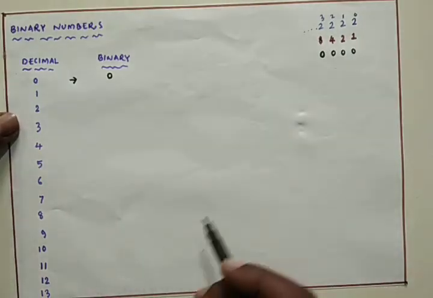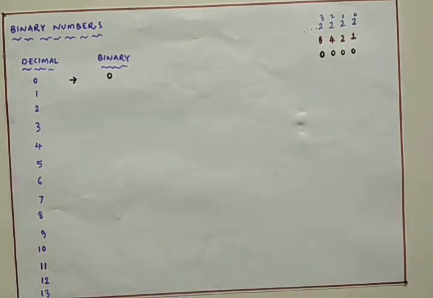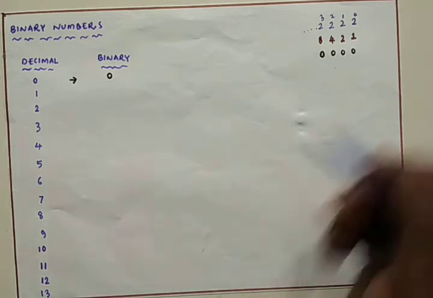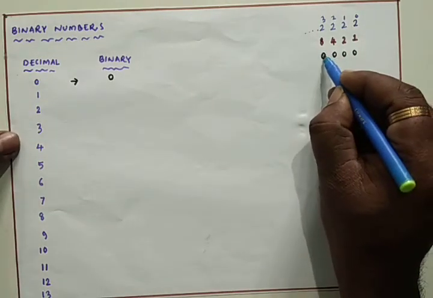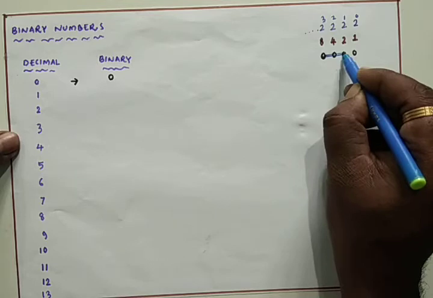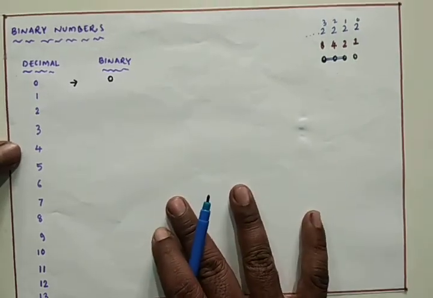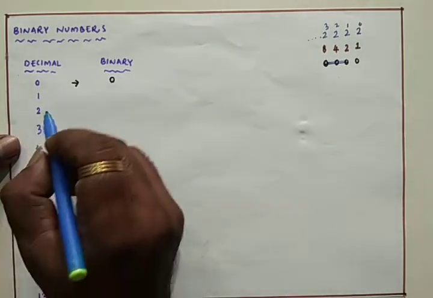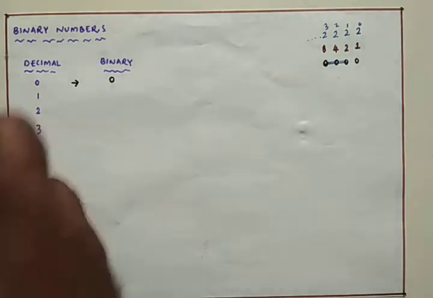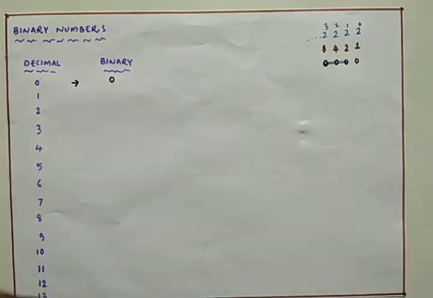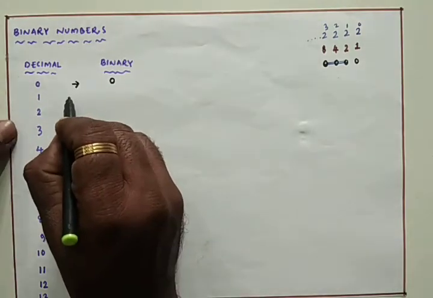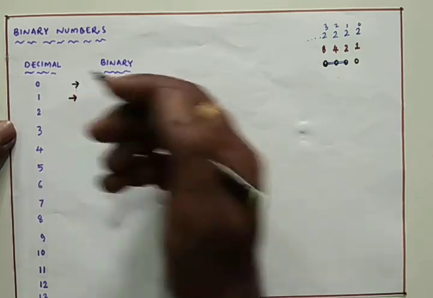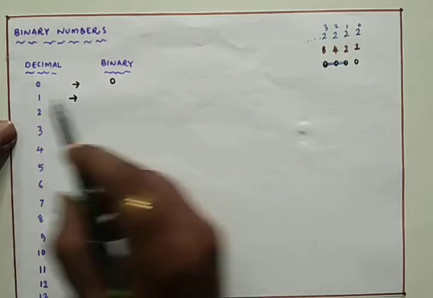Next I can go with 1. Here the 4 zeros need not be mentioned, because the 4 zeros will give the same value, and 1 0 also gives the same value. Now I require the next digit. Next I have the number 1 in decimal. I have to represent it in binary. I require 1. 1 means what?